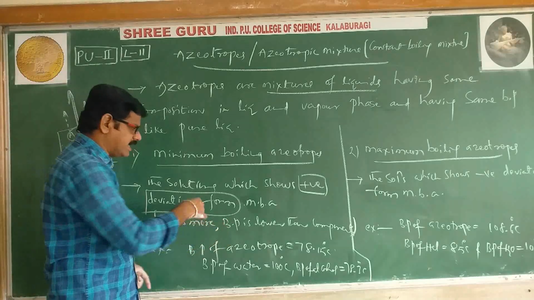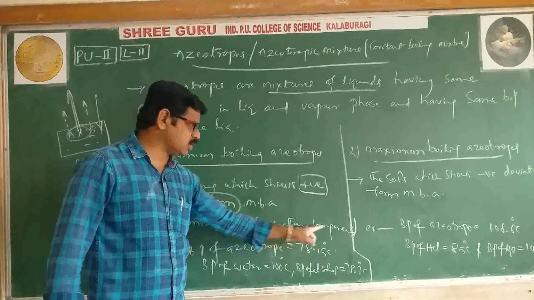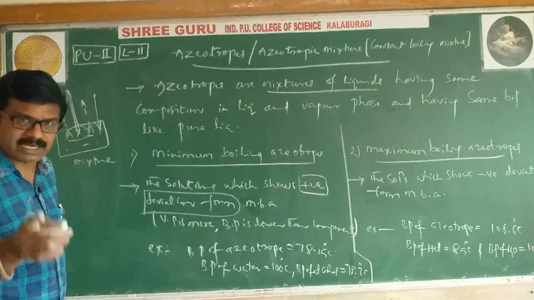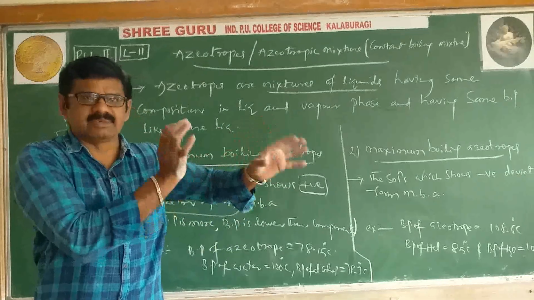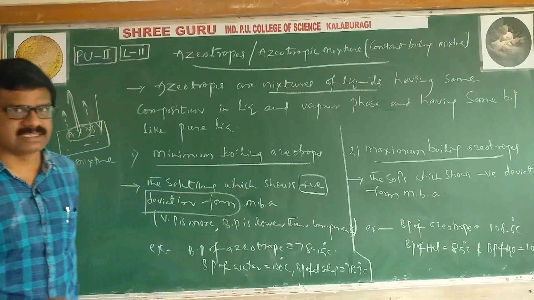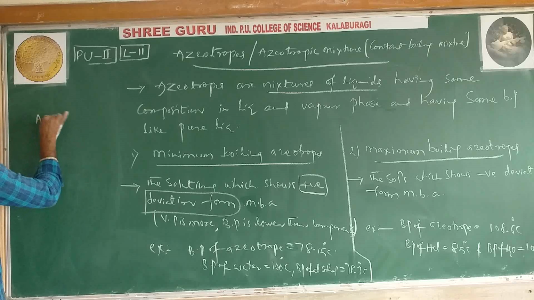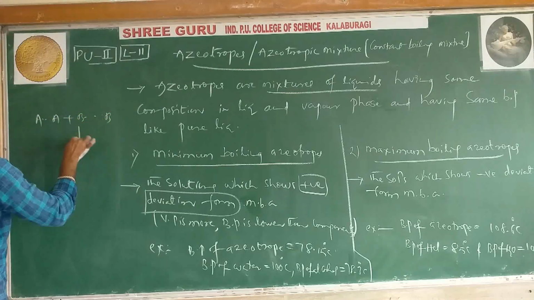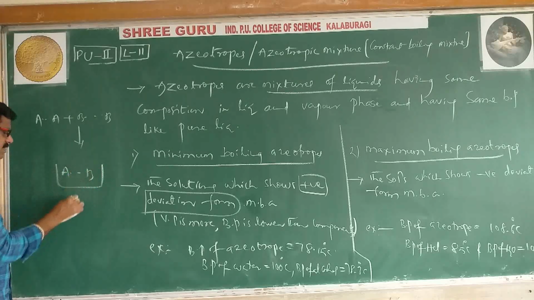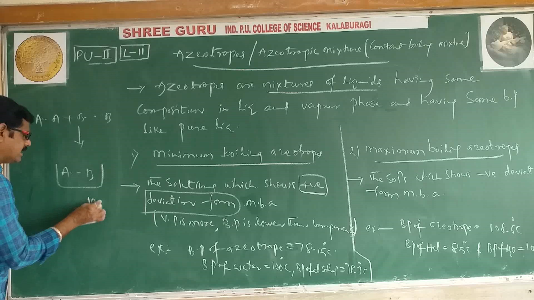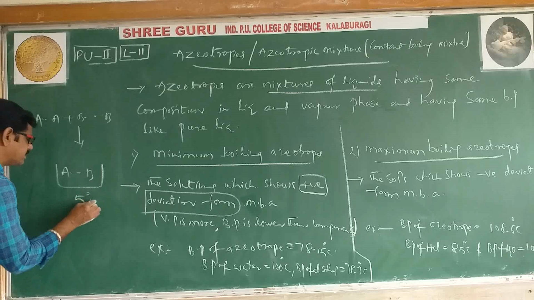Vapor pressure is more. Next, boiling point. Here is an important point you have to remember: the boiling point of the mixture is lower than that of either of the components. I'll explain this point clearly. Okay, see here, A plus B has mixed and formed AB. Now if you see the mixture boiling point, for example, we'll write the mixture boiling point as 50 degrees centigrade.